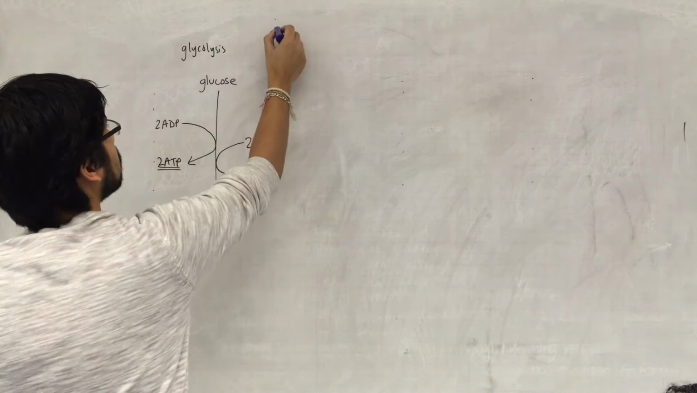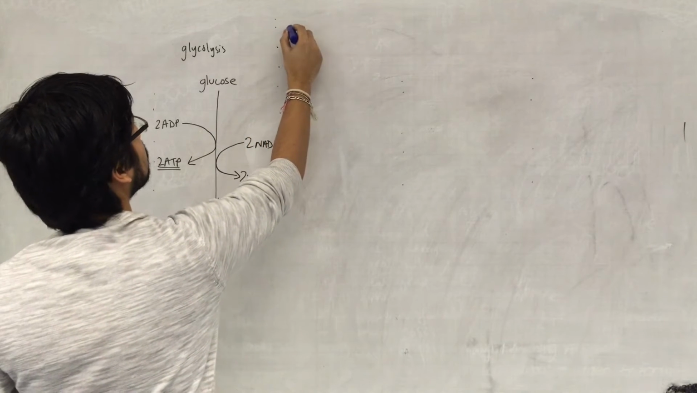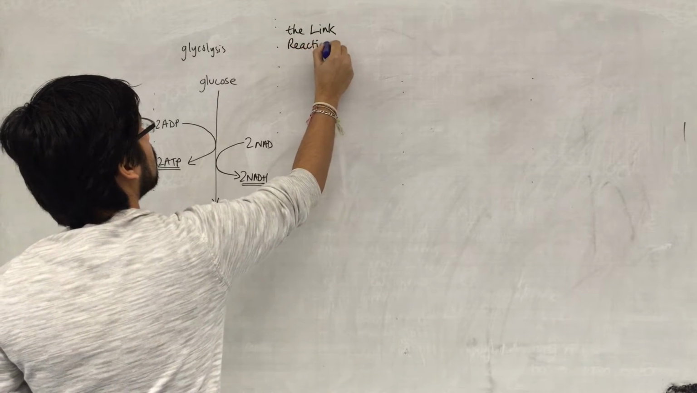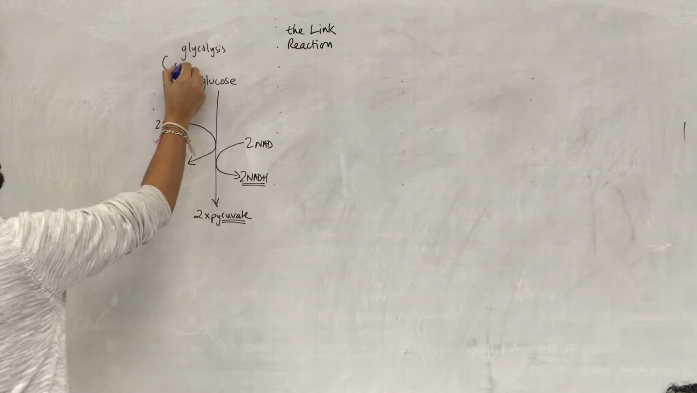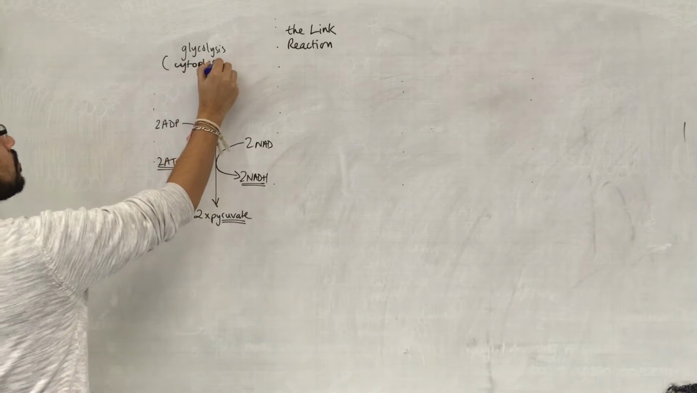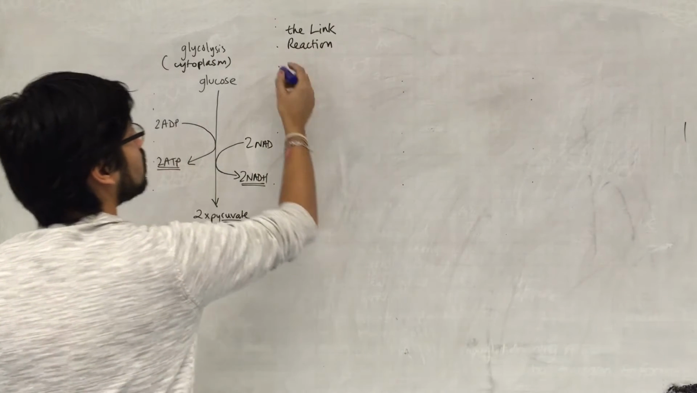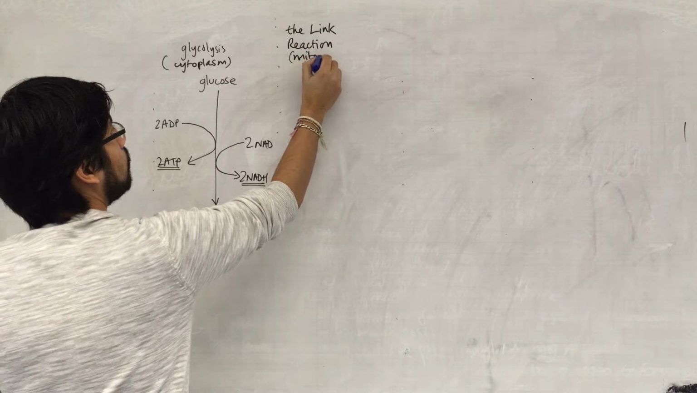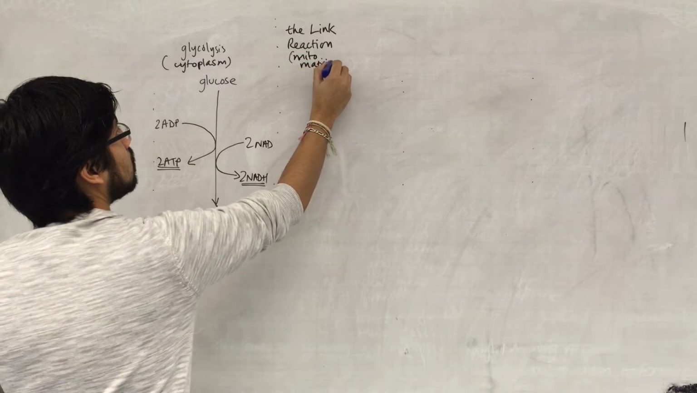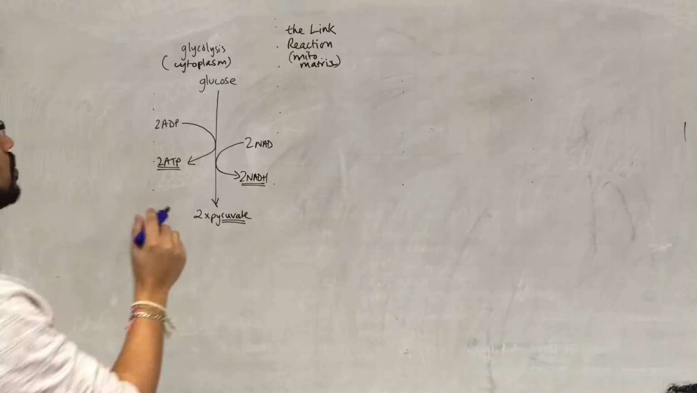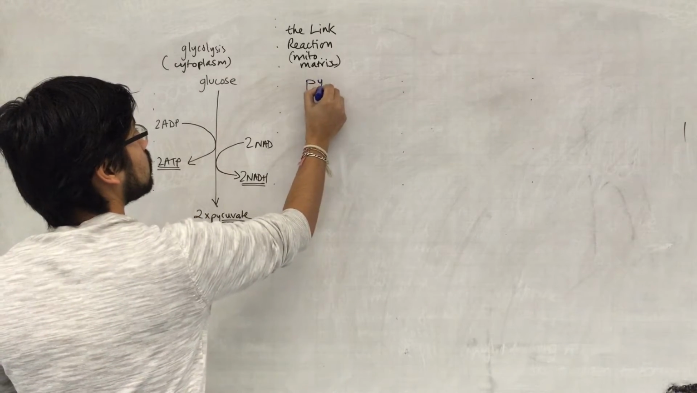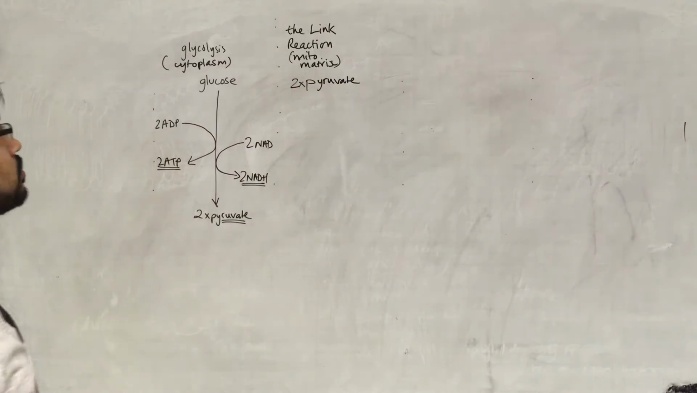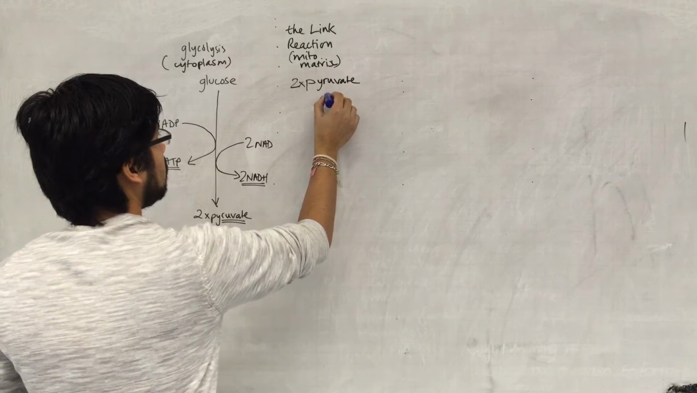So what we could do is, we'll put the link reaction here. And it's important to recall that glycolysis is happening in the cytoplasm, and from here onwards it's happening in the mitochondria. So we are talking about the matrix. Okay, so what do we start off with? We start off with pyruvate, 2 times for each glucose, and ultimately we end up